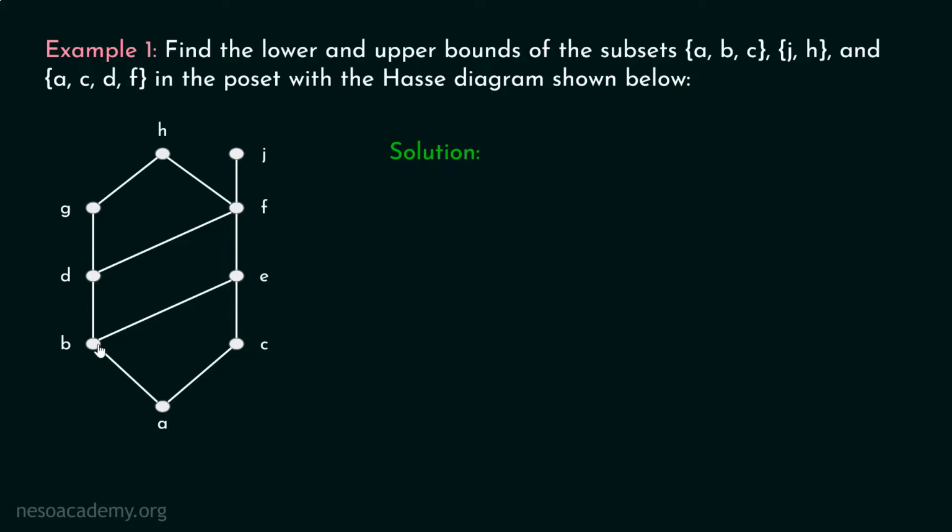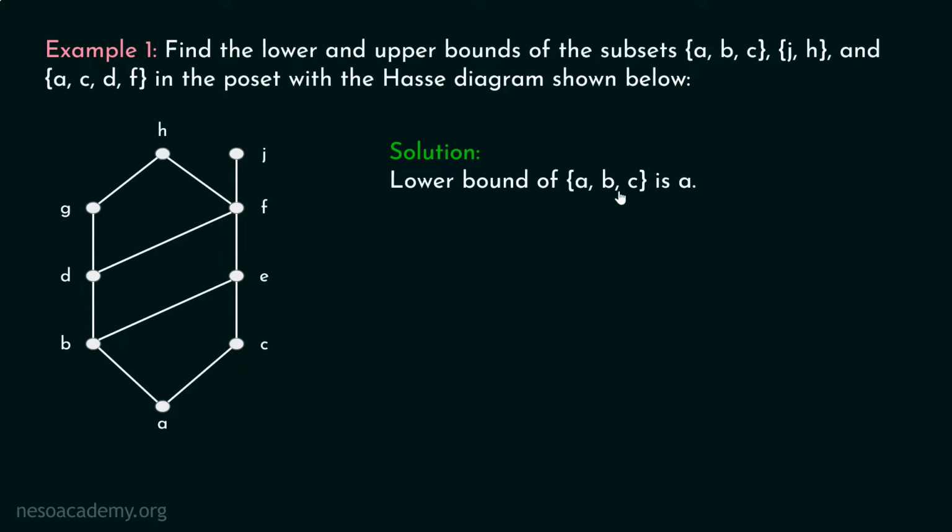But let me tell you, B cannot be the lower bound of this subset because B is not related to A and B is also not related to C. So it is clear that A is the lower bound of this particular subset. Now let me tell you, it can be any element of set S. Here in this case, in set S, we have these elements A, B, C, D, E, G, F, J, H. These are all the elements of some set S, okay? Here you can see that A is the lower bound of {A, B, C} and there are no other lower bounds. You cannot say that E is the lower bound of {A, B, C} with the same reasoning. Similarly, D cannot be the lower bound of this particular subset and so on, right? So A is the only lower bound of set {A, B, C}.